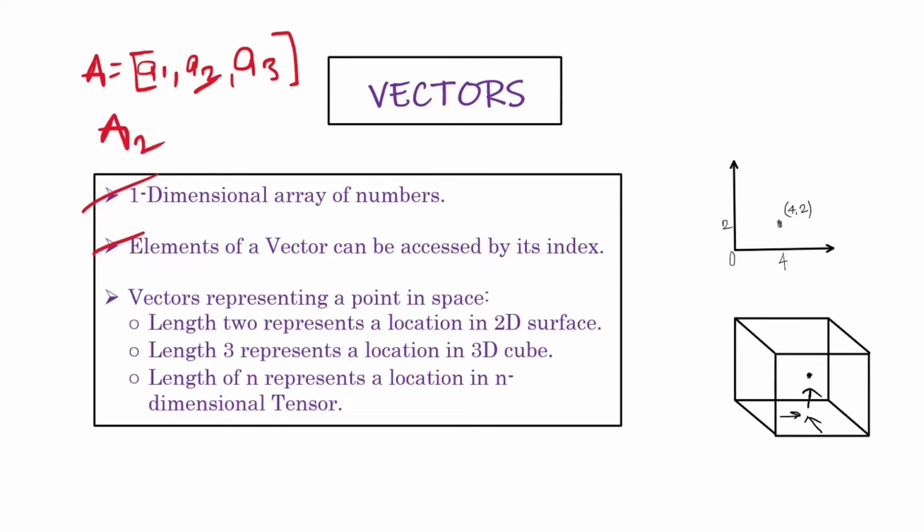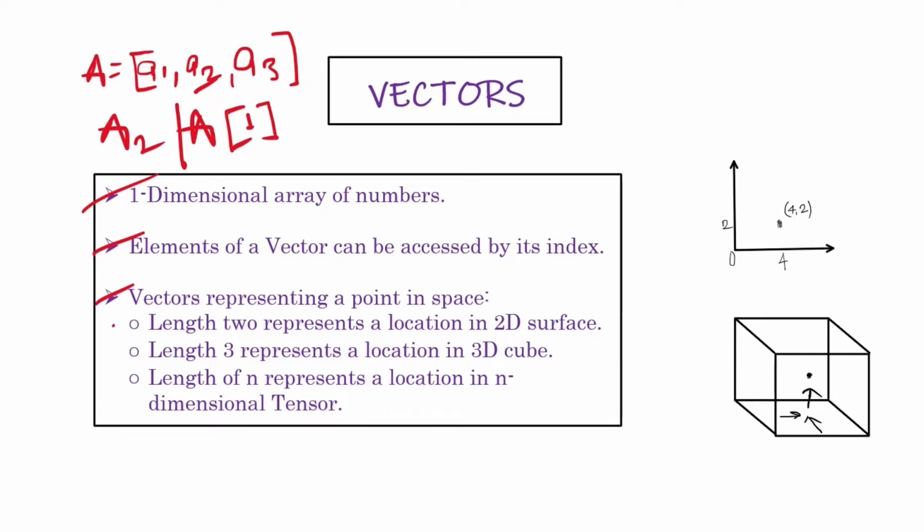If you're coming from a Python background, then you must know that the indexing in Python starts from 0, and in that case you will have to call that index in this way. So if you're calling the second element, then you will have to call it like this as 1, because the indexing starts from 0. And within this point we will try to understand how vectors represent a point in